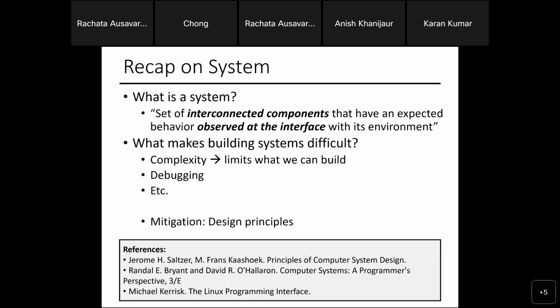What makes it difficult? You probably know by now with project 1: complexity limits what we can build, and debugging. You probably have the joy of your life right now, debugging your project 1, so I won't go more than that. Mitigation is weird. You cannot simply do printf and expect that you can debug the whole thing.